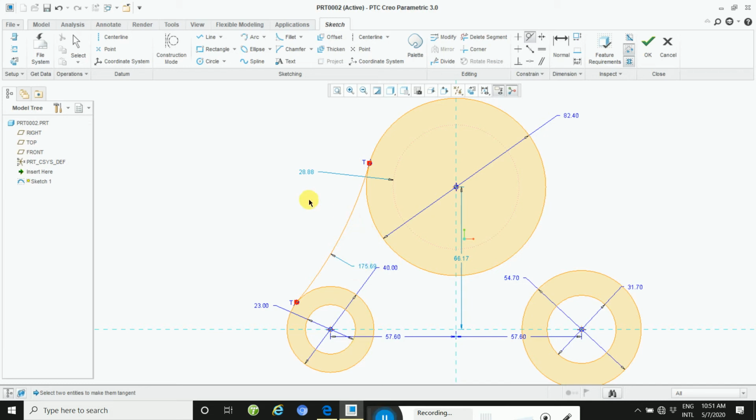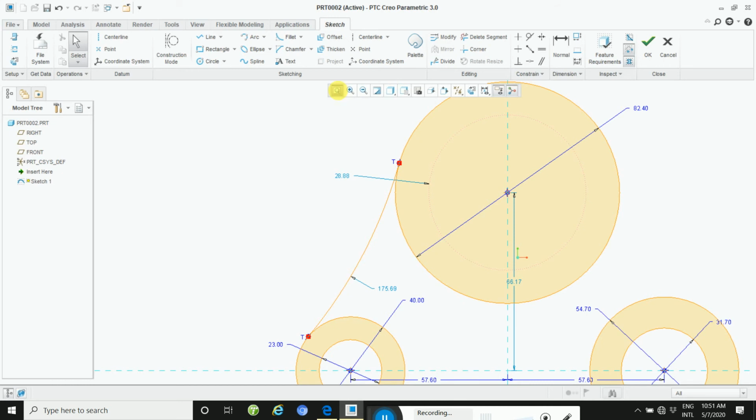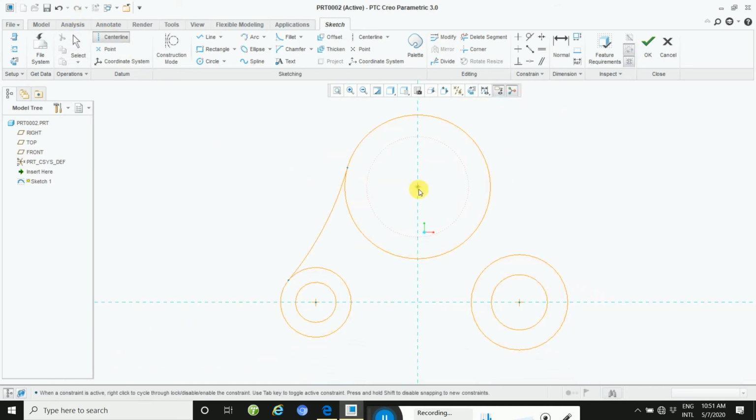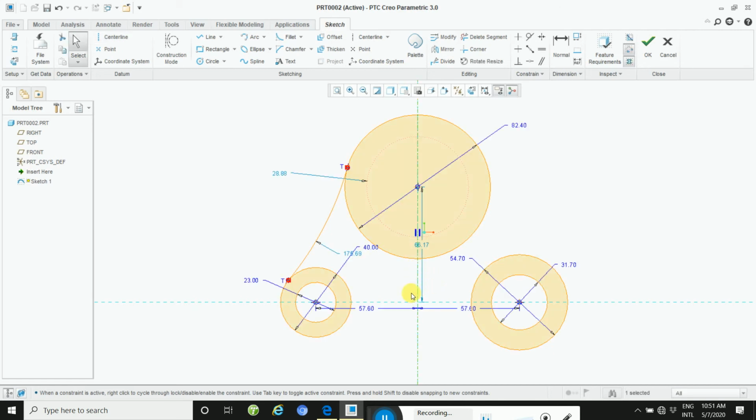This way you apply the mirror. Select this, and when you apply the mirror you need to take a center line. Without a center line you cannot apply the mirror. So select this line, then go through mirror and apply this center line.